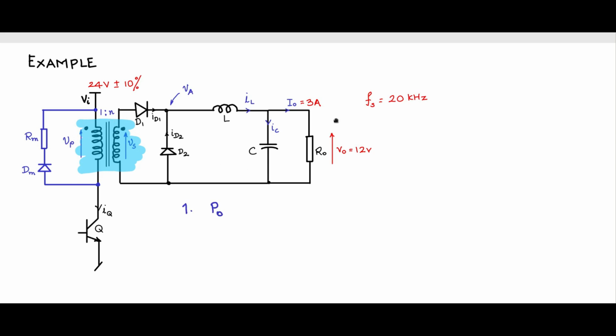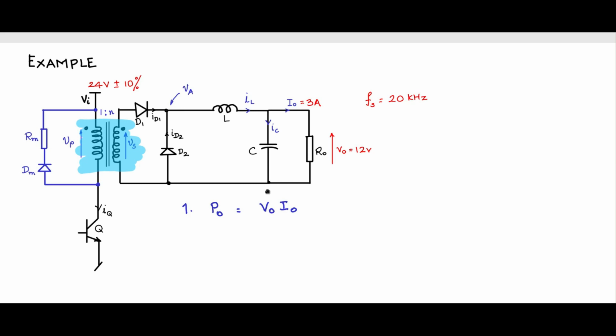So step 1, we need to find what is the output power. Output power is V0 I0, but we need to find what is the power at the secondary here. Because P0 here refers to, when you're talking of design of the transformer, all the power right at the point of the secondary terminals. So you see this is the power here, V0 into I0, and in principle the components are not ideal. There will be a diode drop, especially at higher powers. The diode drop here will be around 1.2 to 1.5 volts into I0 that will come in here, and then there will be resistance, winding resistance, and there will be some drop in the winding resistance.